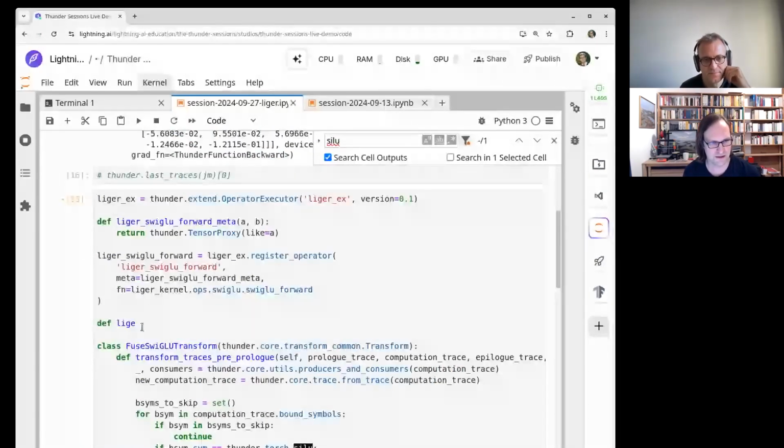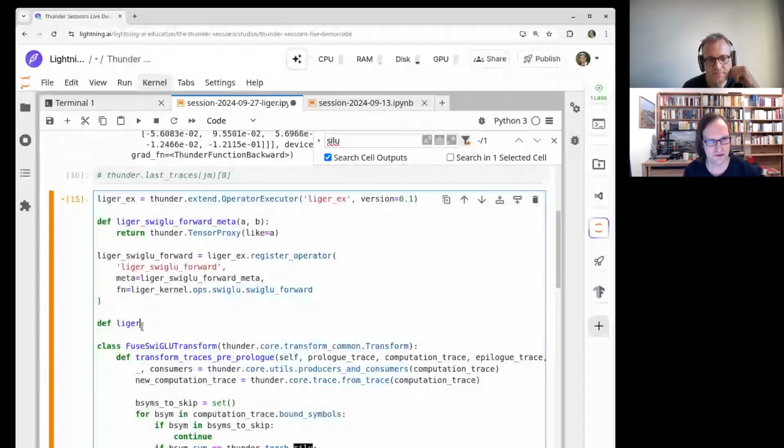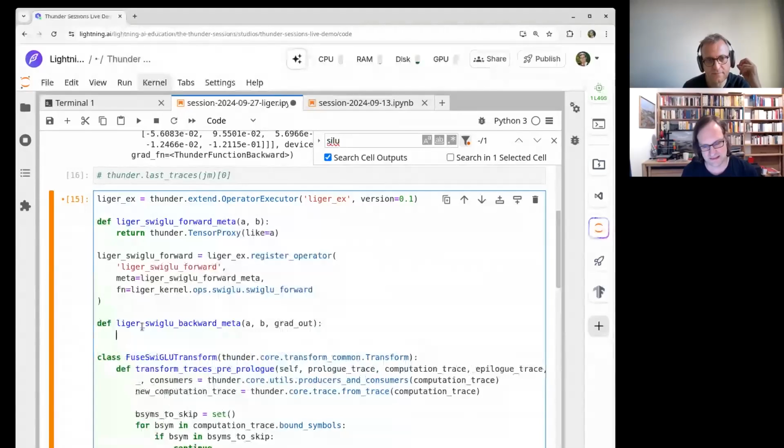So the Liger swiglu backward meta will take A, B, grad out, and it will return the gradient for A and B, and those are tensor proxy.